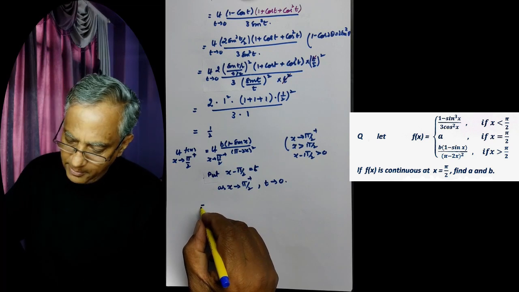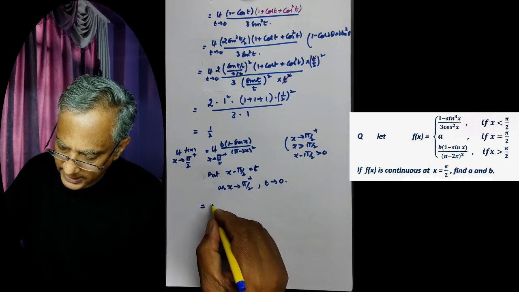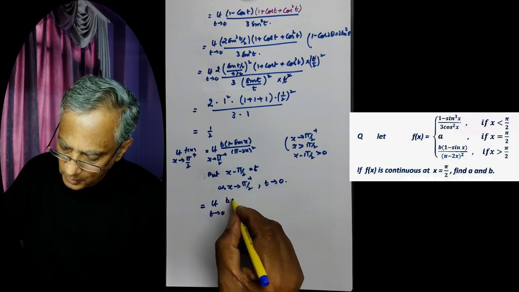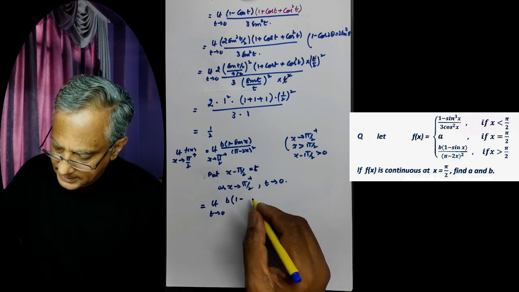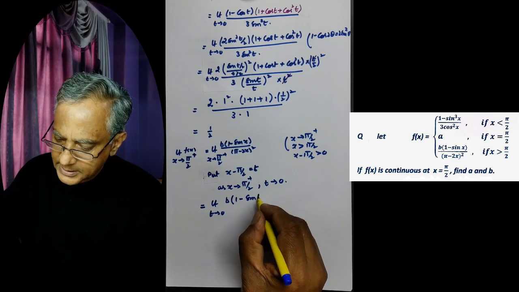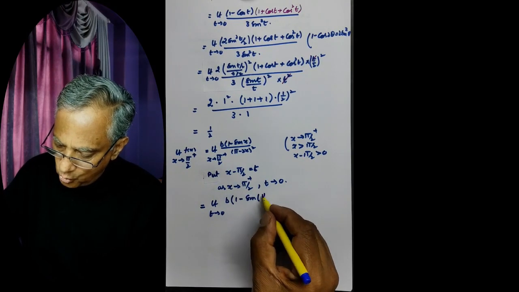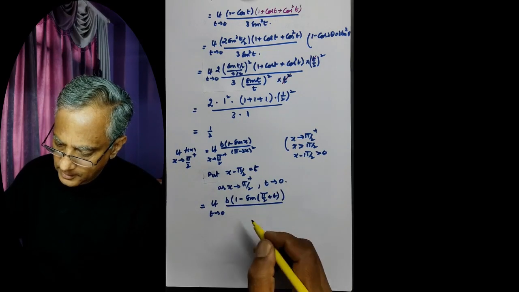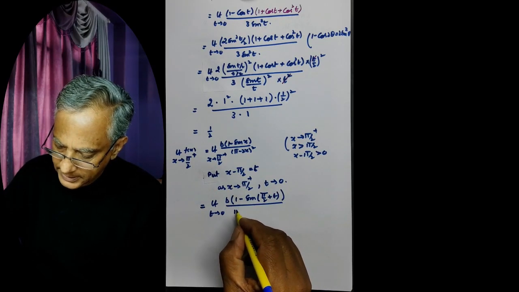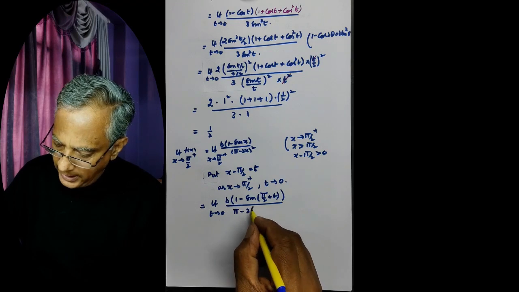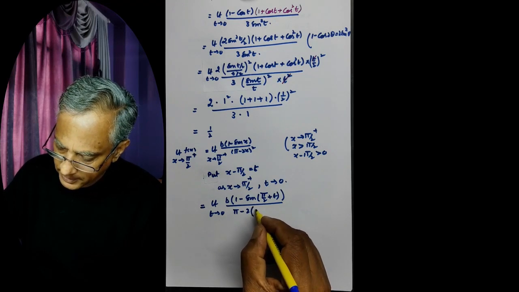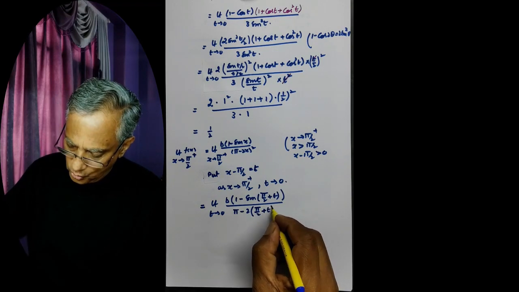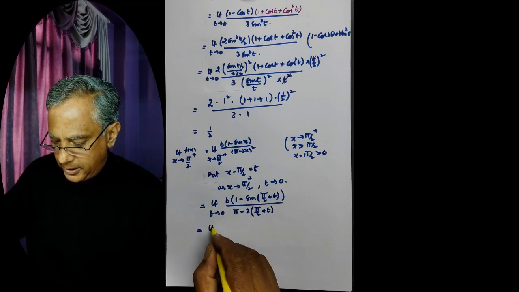And this limit will be equal to limit t approaches 0 b into 1 minus sine, and how much is x? x is pi by 2 plus t, whole divided by pi minus 2 into x. x is pi by 2 plus t. So we get limit t approaches 0